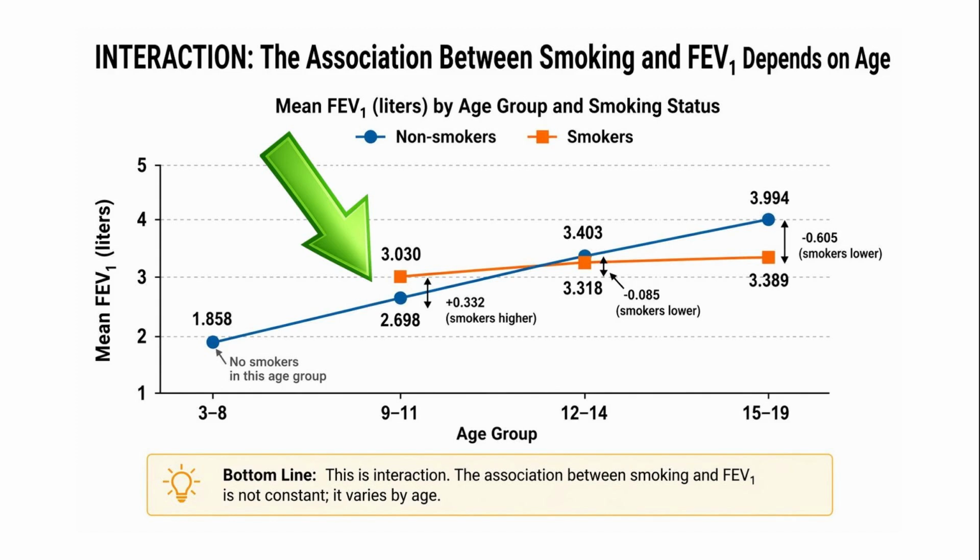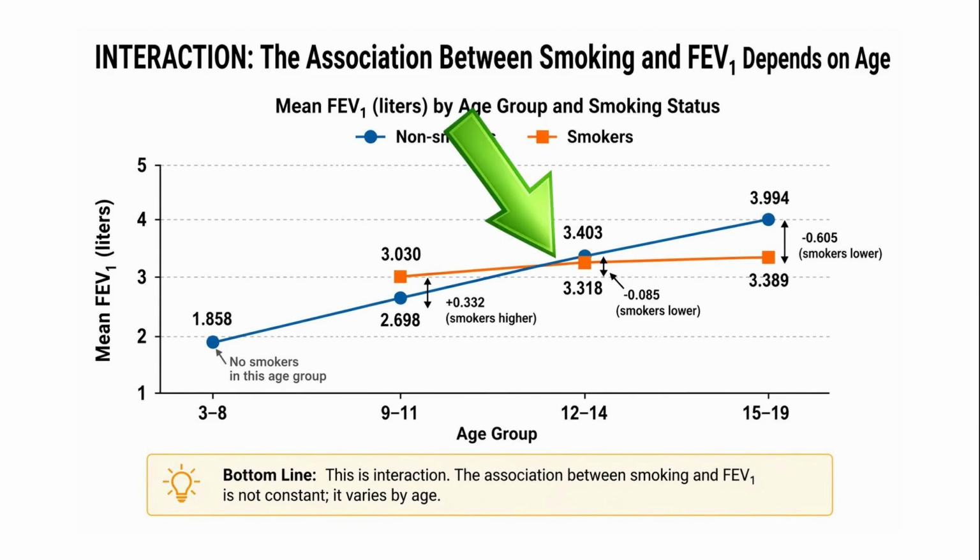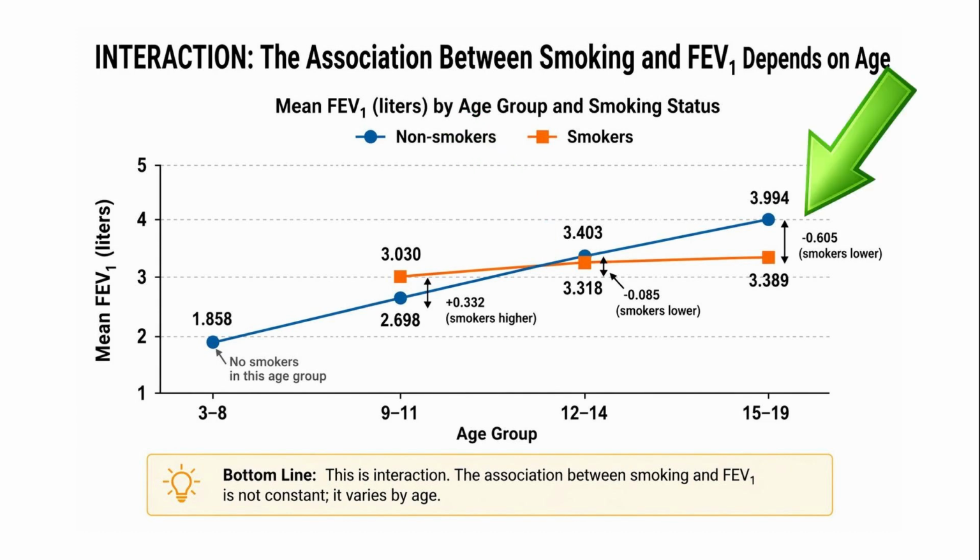Among children aged 9 to 11, smokers have a higher mean FEV₁, with a difference of about 0.33 liters, with a p-value of 0.08. Among children aged 12 to 14, non-smokers have a slightly higher mean FEV₁, with a difference of about 0.09 liters, with a p-value of 0.61. In the oldest group, ages 15 to 19, smokers have lower mean FEV₁ by about 0.61 liters, with a p-value